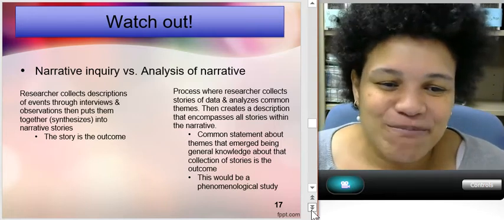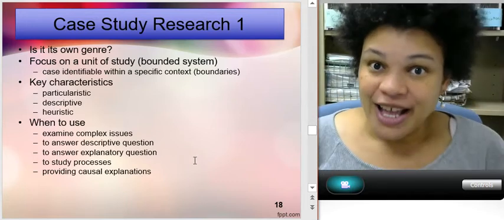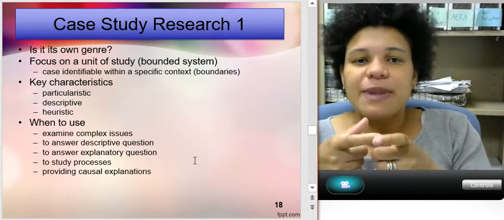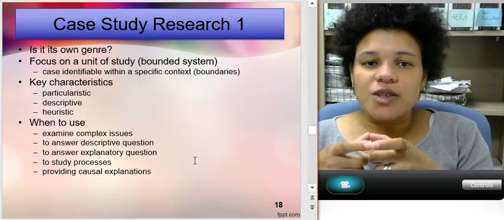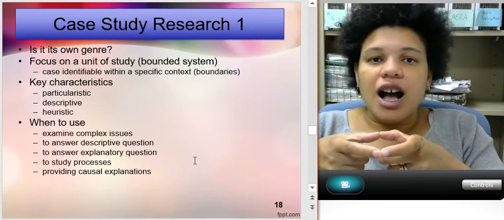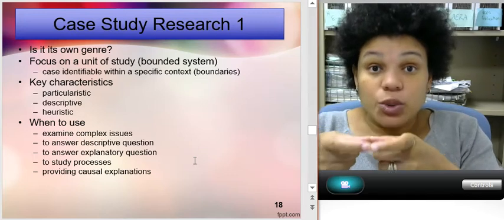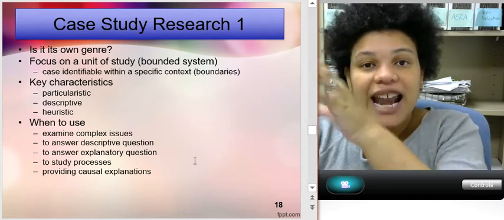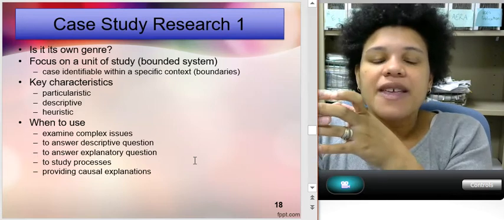Okay. Now let's talk about case studies. Kind of controversial, because the thing that distinguishes a case study is you're bounded in space and time, and then you have a particular focus, right? So the ethnographer is focused on a culture. The person who's doing a life history or narrative study is focused on an individual. The phenomenologist is focused on something that happens, the essence of shared lived experience. And then you have case studies,